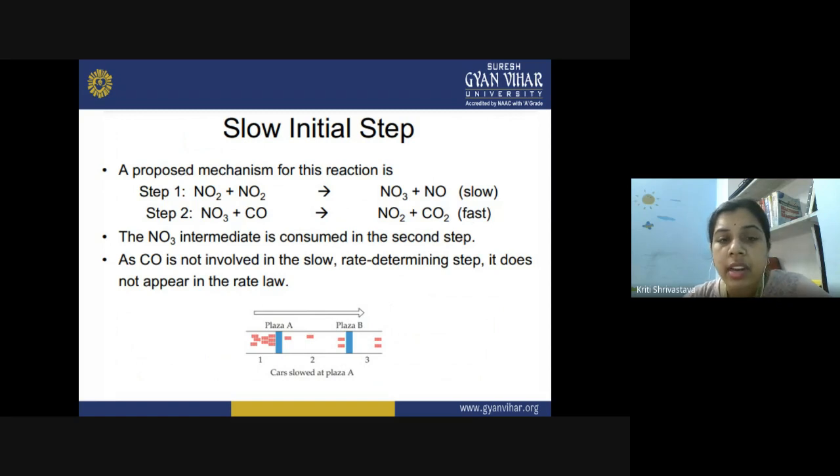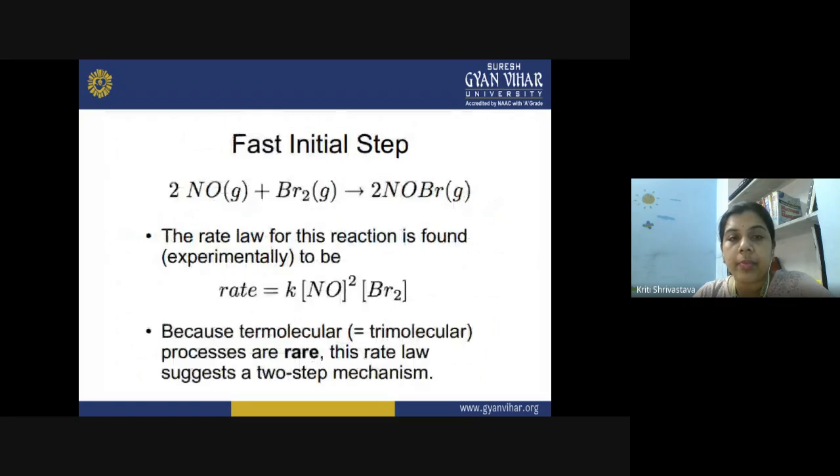So when you write down the rate law for a complex reaction mechanism, we have seen that in the rate law we will only consider the rate determining step. So you need not look at the rate of other elementary steps here. You will only focus on the slowest step, and you will write down the overall rate of the reaction with the slowest step, the rate determining step. Therefore, carbon monoxide does not appear in the rate law because it is not a part of the slowest step involved in the reaction mechanism.